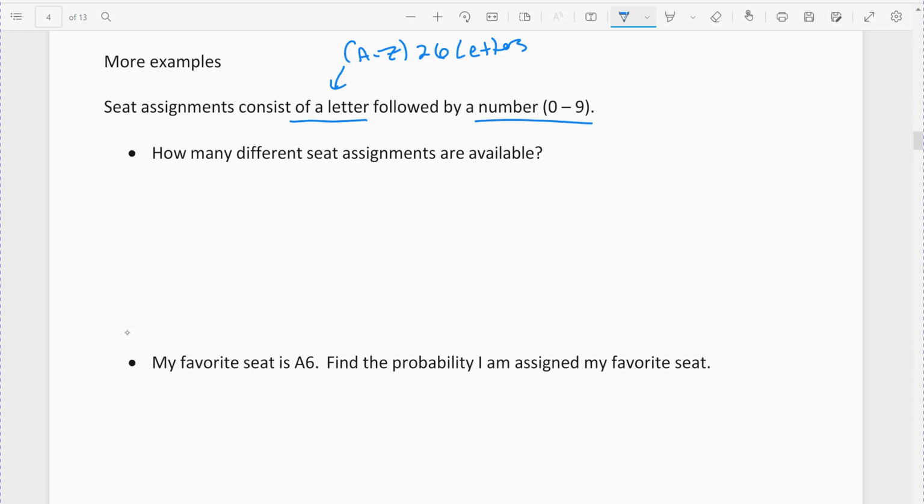Followed by a number. Numbers are 0 to 9 unless told otherwise. Because of 0, that means we have 10 numbers. Right? Because numbers 0 to 9, 0 would count as the 10th number. Assume that you can repeat unless told otherwise. So if it says you can't repeat, it's the only time you can't. Otherwise, we assume that we do, because we assume that we have the most. We always want to include the most possible outcomes